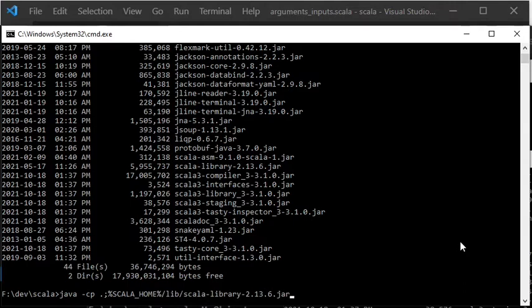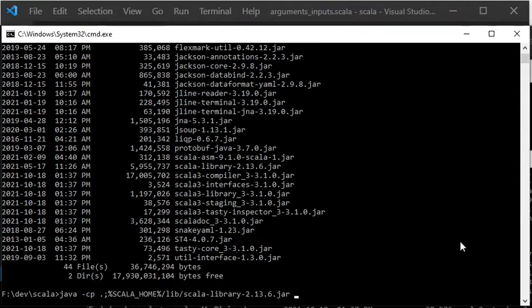Here my environment variable SCALA_HOME refers to my Scala 3 installation, and as you can see in the lib directory, there is also a file scala3-library 3.1.0.jar. But here I am instead referring to Scala 2, since I changed the program to use code that also works with Scala 2. I did this earlier in the video by replacing the function with the annotation @main by instead using a main method in a so-called singleton object.